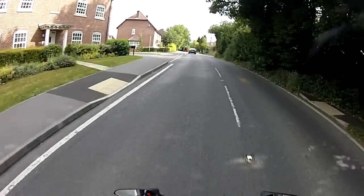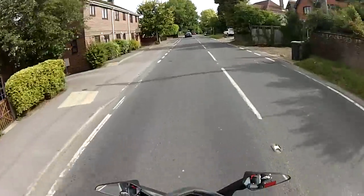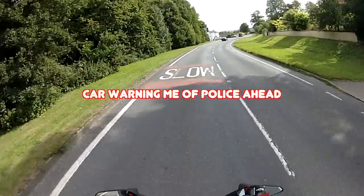Also, every now and again, when you go to put the bike in neutral, it doesn't really like it. And it will say, no, I'm not going into neutral. Thank you, mate. I know,